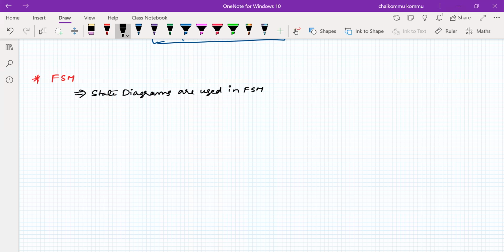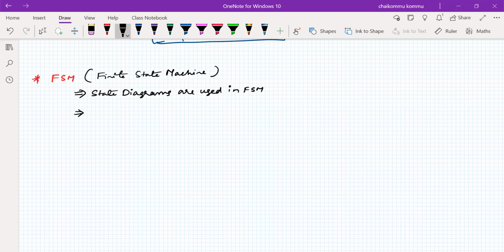FSM stands for finite state machine. So with state diagrams, whenever we apply some input to a particular system, it changes its output. We can say that the system is in a particular state.